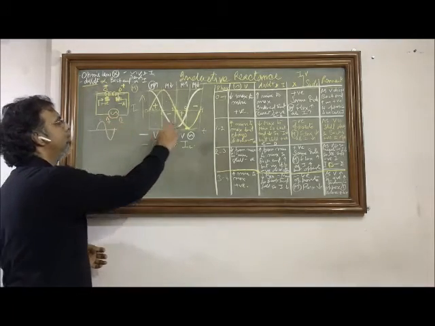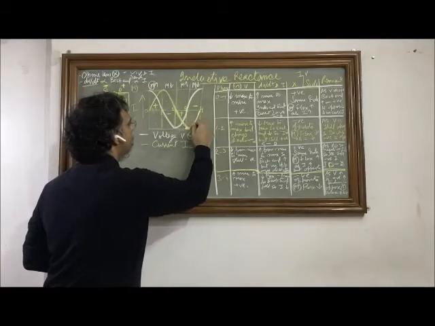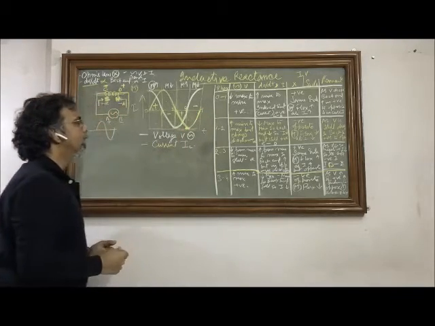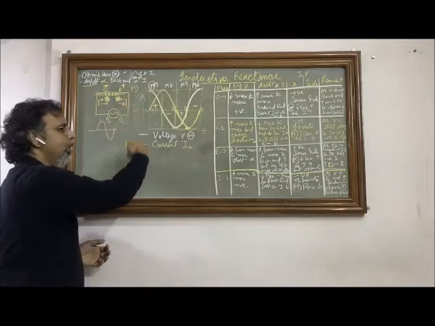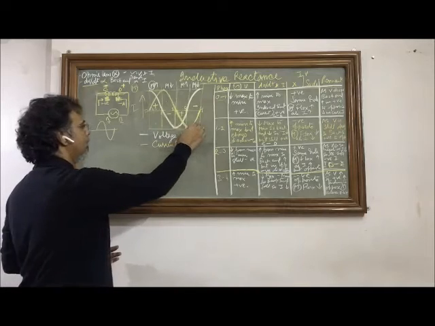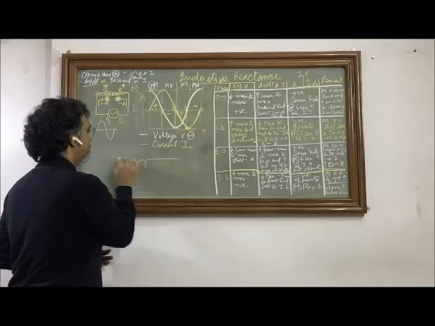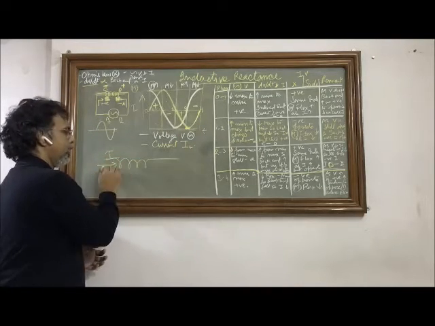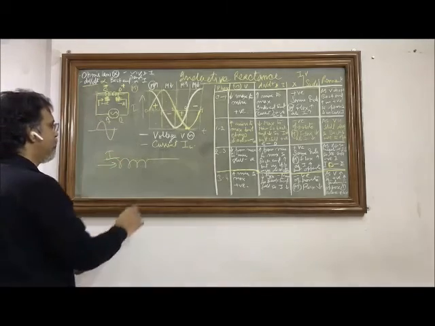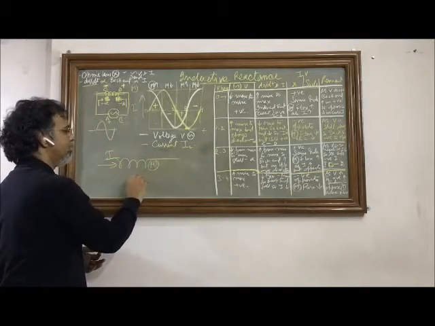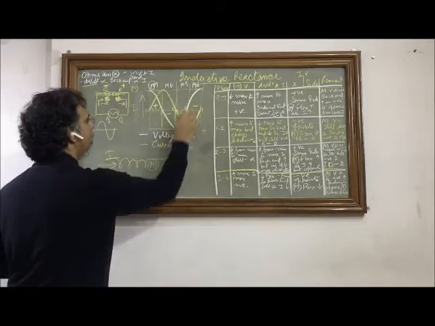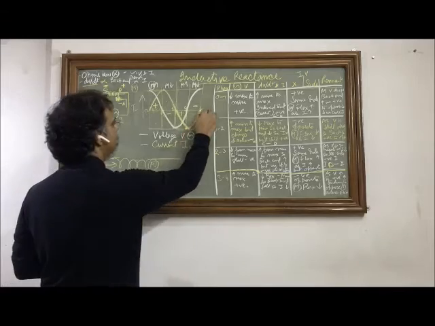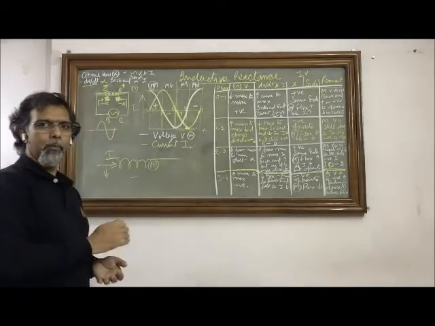In such a situation, the current will also fall. Now when the current is falling, how will this opposition be maintained? The magnetic flux will reduce because the current is falling. You know that in a coil, the current in the coil decides how much is the magnetic flux linked to its core or how much is the magnetization of the core. So when the current is falling, the magnetic flux will fall, and this will again come back to zero with discharge of the magnetic energy which it could store in the third quarter.